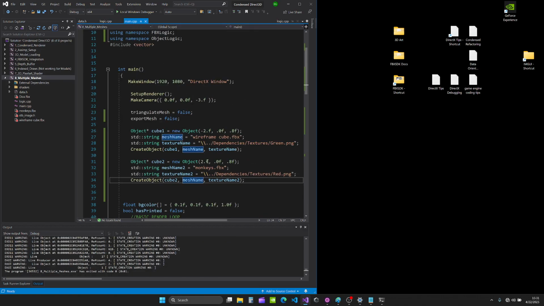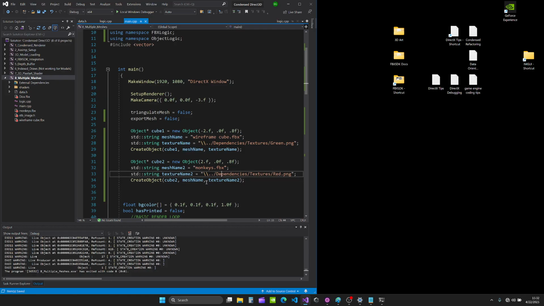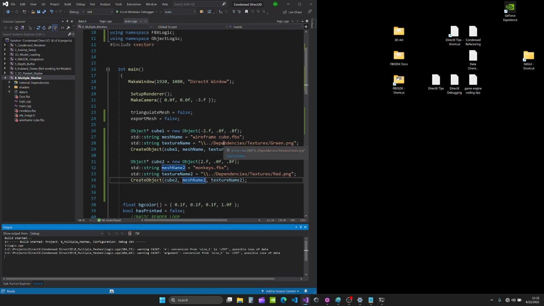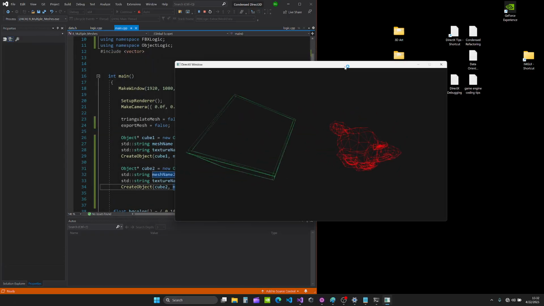And not only does this work for drawing the cube, but an entirely different model can be rendered simultaneously, such as the monkey head from Blender. And yeah, one of the cool things about wireframe mode is that it allows one to see all the triangles,